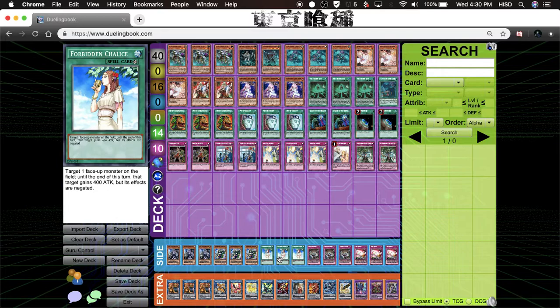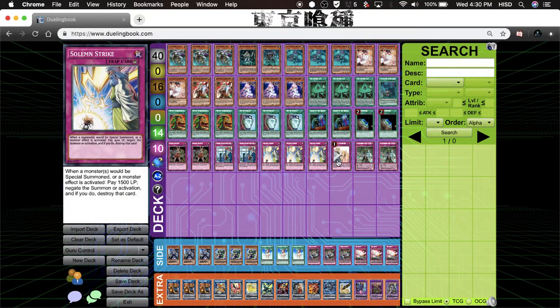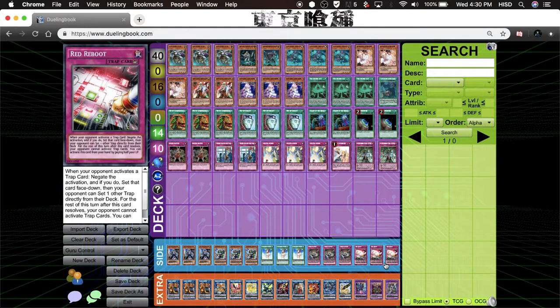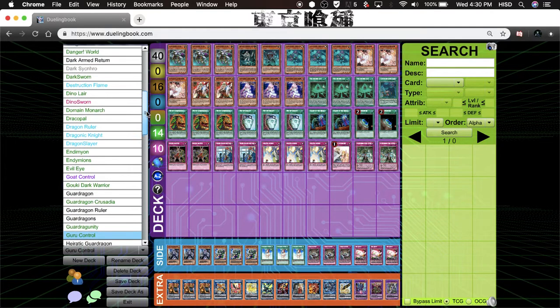It's a solid pick to choose if you're going to go to a regional or something. And all you have to do is essentially probably side in a Solemn Judgment in case someone tries to activate Reboot. But other than that, it's just easy to win with this. It's that simple. On to our next. For number 2, we have...